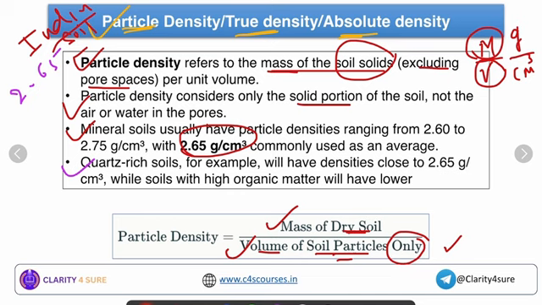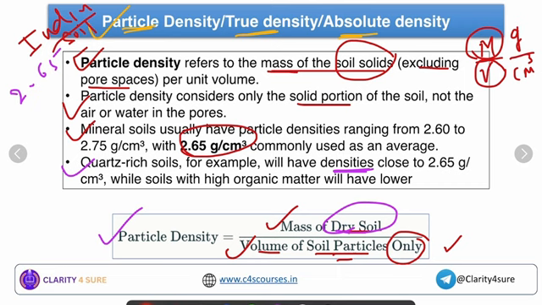The presence of some mineral materials or organic matter will have an impact on the density, whether particle or bulk density. Their presence will increase or decrease the value of the density. The formula for particle density again is the mass of dry soil divided by